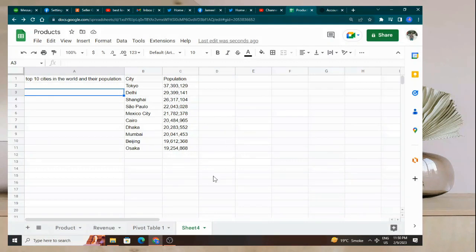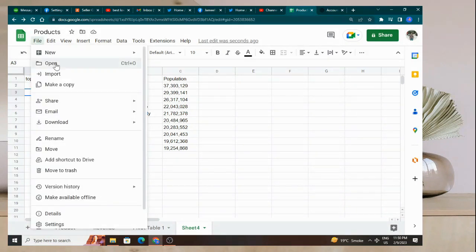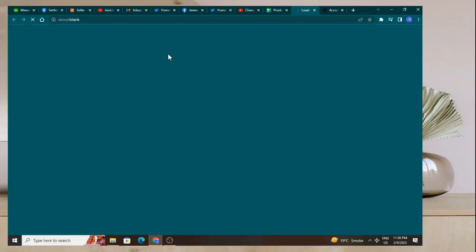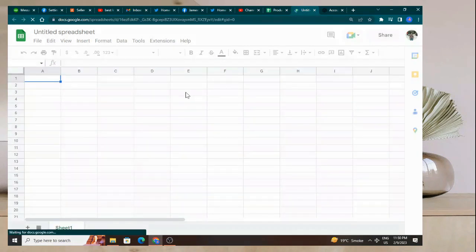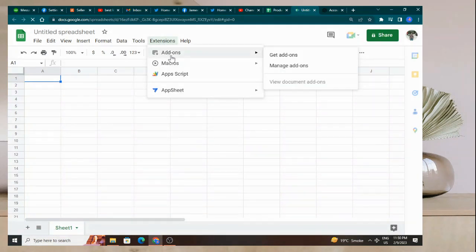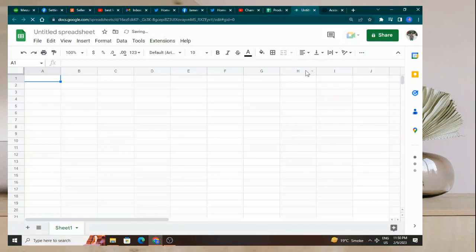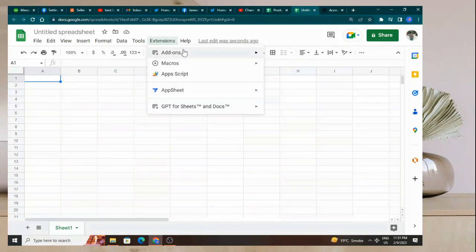So here I will teach you how I have connected this using ChatGPT. So first of all, here I will create a new spreadsheet. To get started, we have to download extensions in add-on columns, get add-ons. It's working, but it's working late. But in extensions,